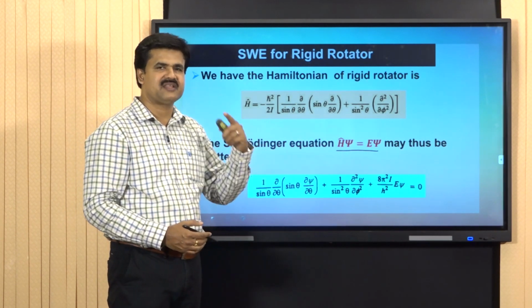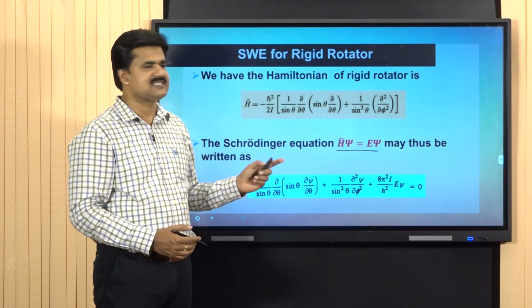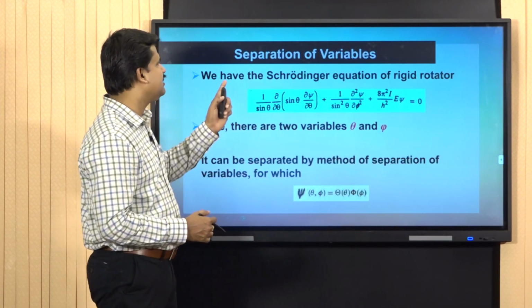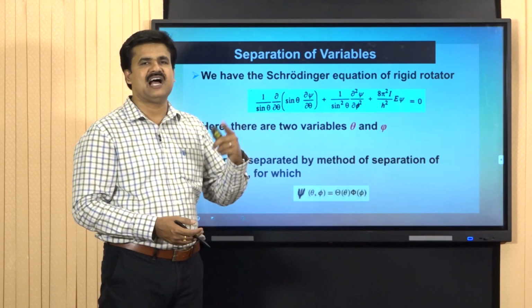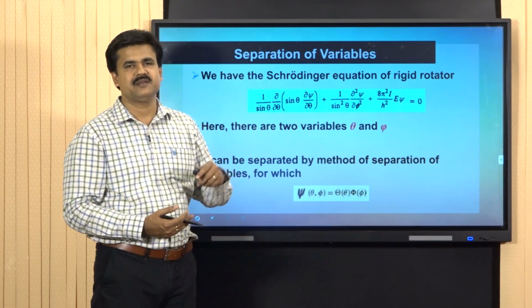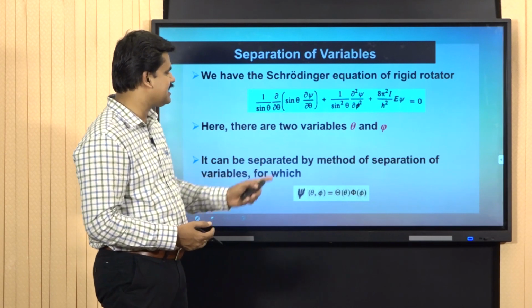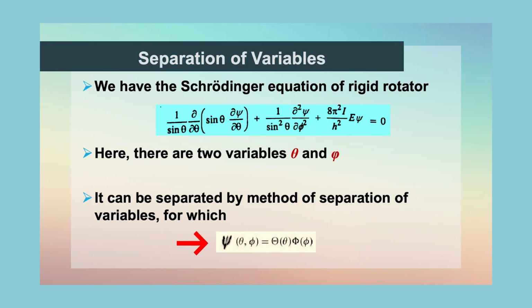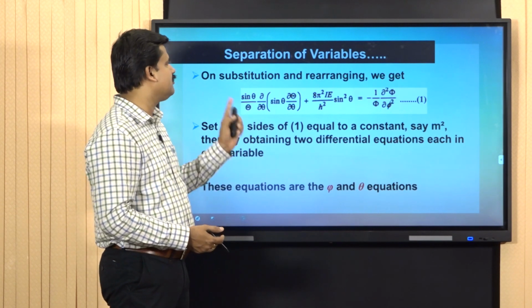This we have solved previously. For the phi equation, we adopted the method of separation of variables, and we are now simply going through all this again for remembrance. First of all, we have to deal with the separation of variables, and this Schrodinger equation contains two variables, namely the theta variable and the phi variable, so we have to adopt the method of separation of variables. For this, we take the assumption that psi of theta phi is equal to theta of theta into phi of phi. This can be separated by the method of separation of variables, and on substituting and rearranging, we get